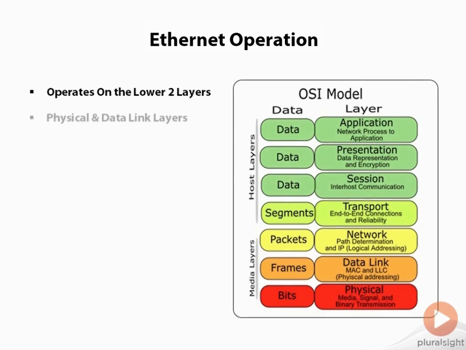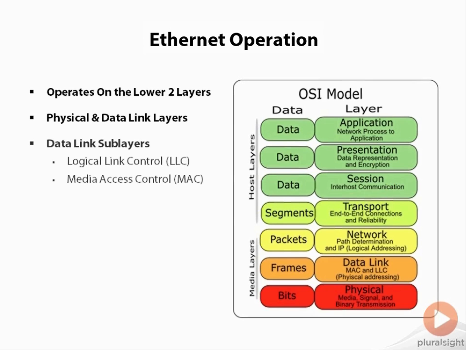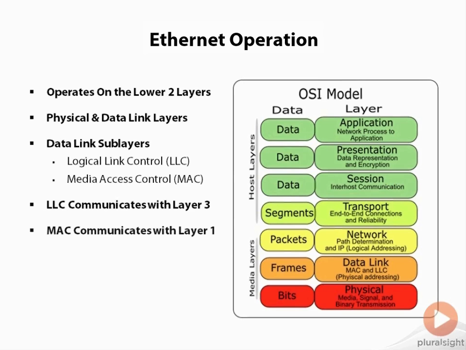the data link layers. At the physical layer, Ethernet controls the data streams that traverse the physical media on the LAN. Ethernet splits the data link layer into 2 sublayers: the logical link control, or the LLC, and the media access control layer, or the MAC layer. The upper layer of the data link layer acts as an intermediary between the data link layer and layer 3. When the LLC receives and processes data from layer 3, it passes the information to the lower layer, the media